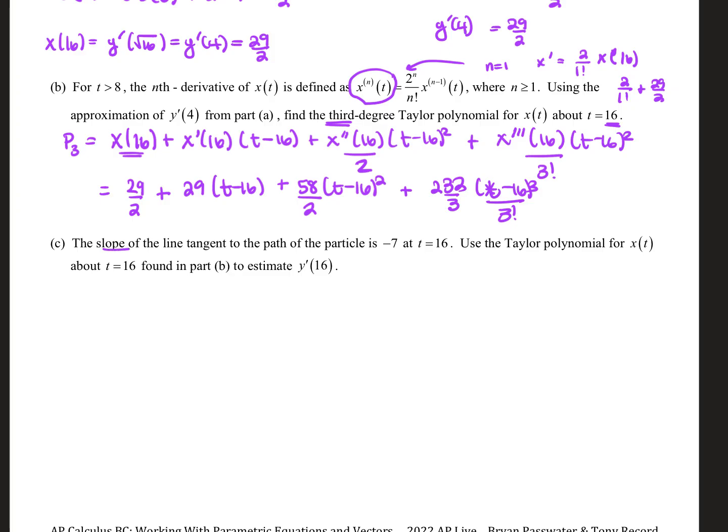Let's see, the slope, so m, which would be equal to dy dt over dx dt. And we know the slope at t equals 16 is -7. So we know an approximate for x prime of 16. We actually know exactly what it is. X prime of 16 is,